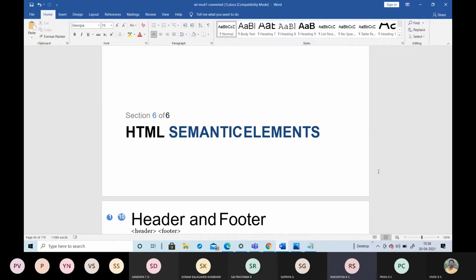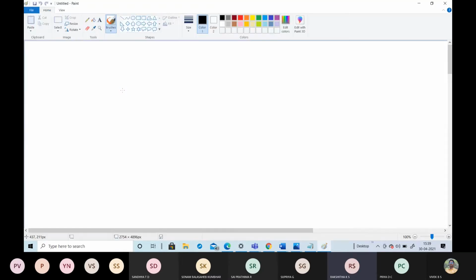A semantic element clearly describes its meaning to both the browser and the developer.